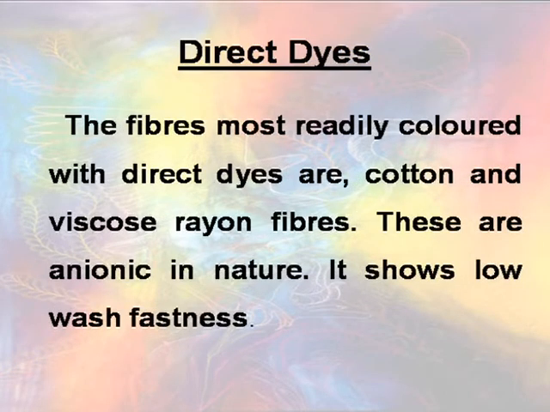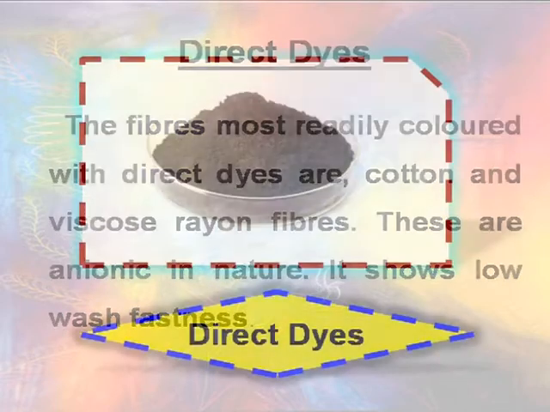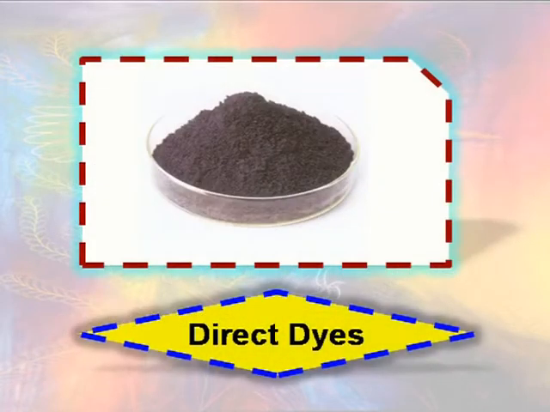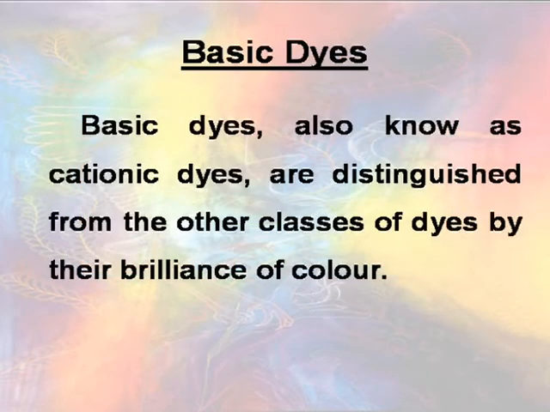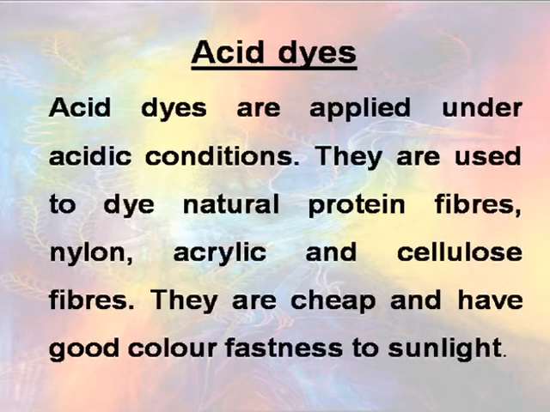Direct dyes. The fibers most readily colored with direct dyes are cotton and viscose rayon fibers. It shows low wash fastness. Basic dyes. Basic dyes, also known as cationic dyes, are distinguished from the other classes of dyes by their brilliance of color. Acid dyes. Acid dyes are